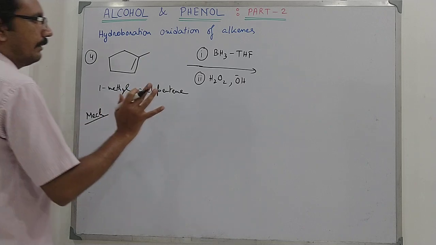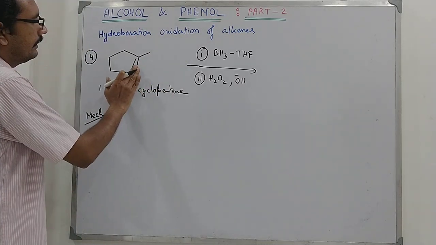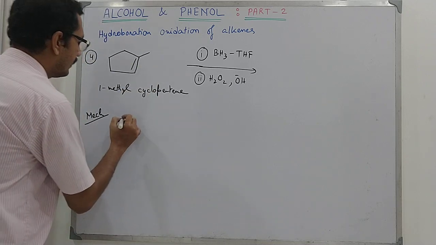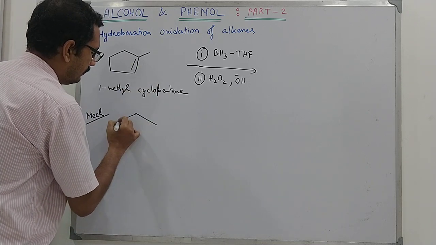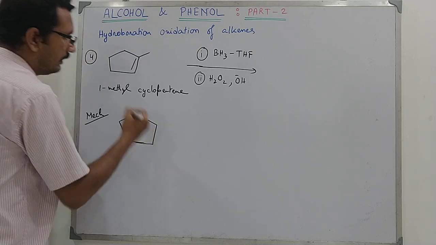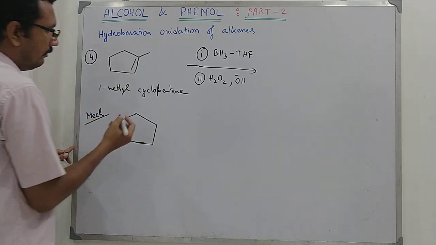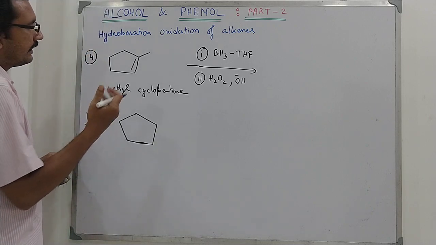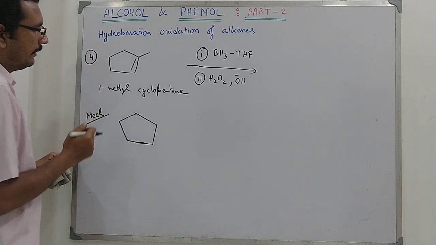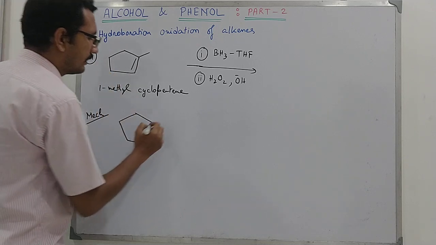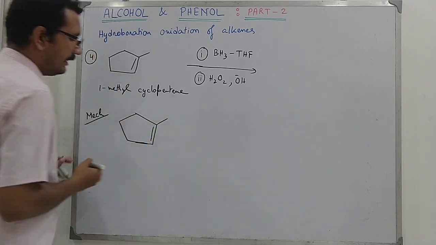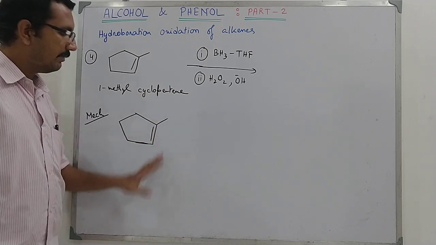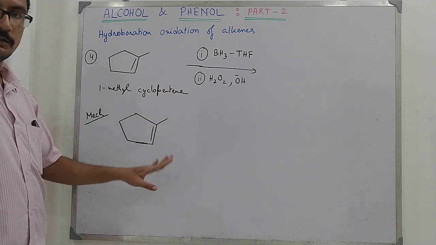We have already learned that the addition is anti-Markovnikov, but another feature was not important in the previous problems 1 to 3 owing to their special characteristics of the structure, but here it will be important. Now you see, a double bond indicates that these 2 carbons are sp2, so it has a plane. Now a plane has 2 faces.